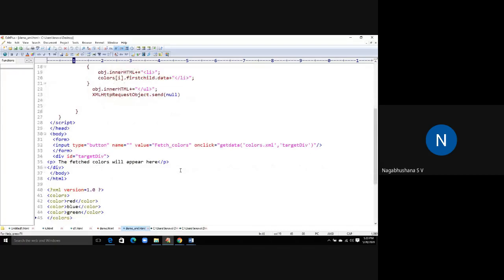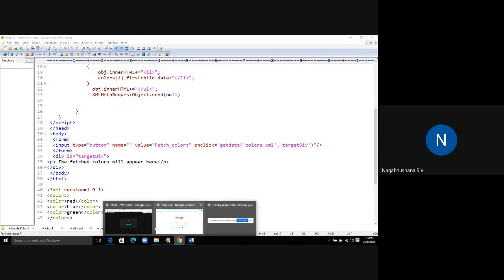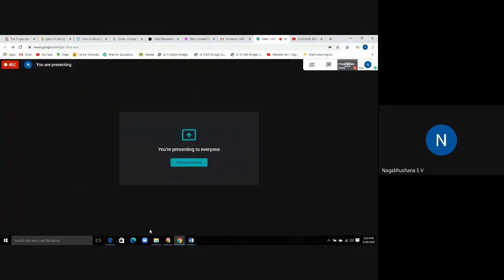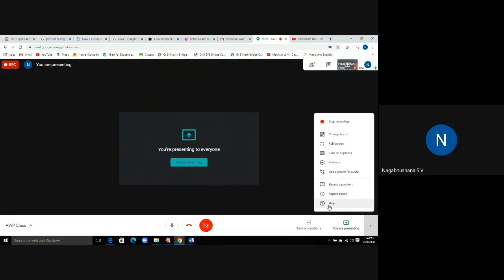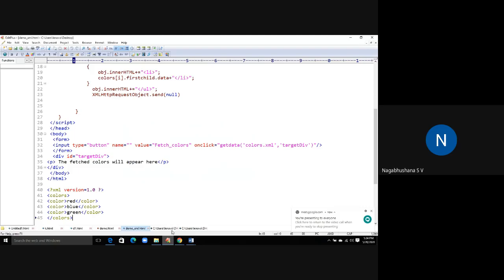In my previous classes, I told you about this. In HTML, there are built-in tags which are available, so it is not possible to define your own tags. Whereas in XML, it is possible to have your own tags defined.